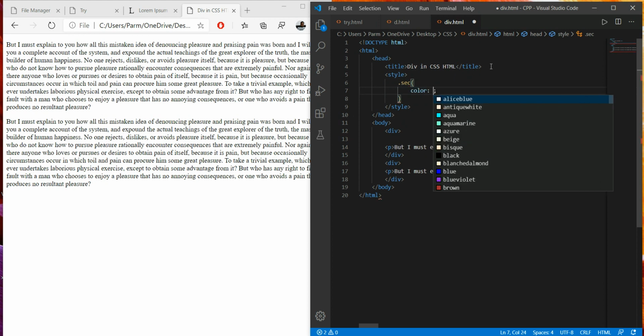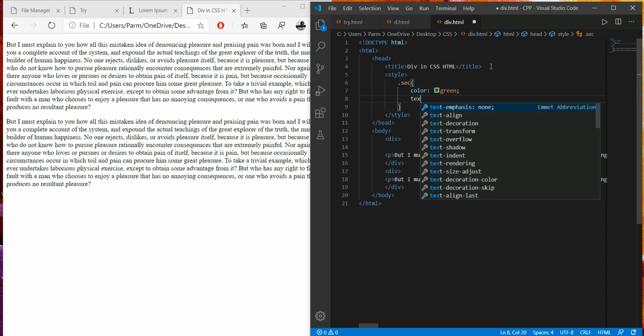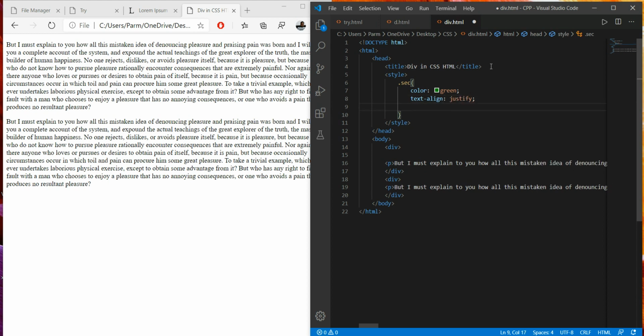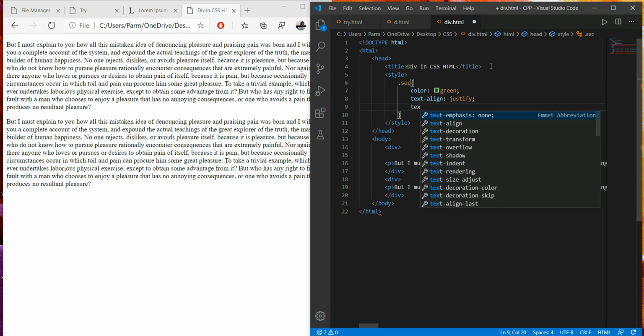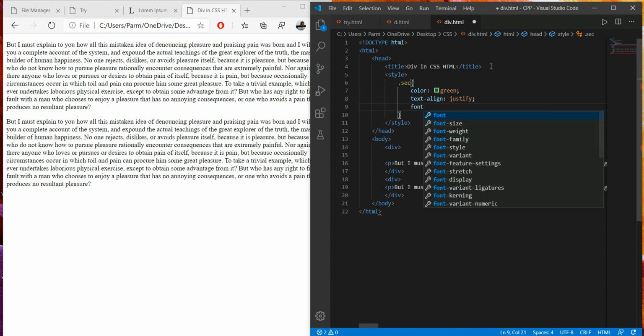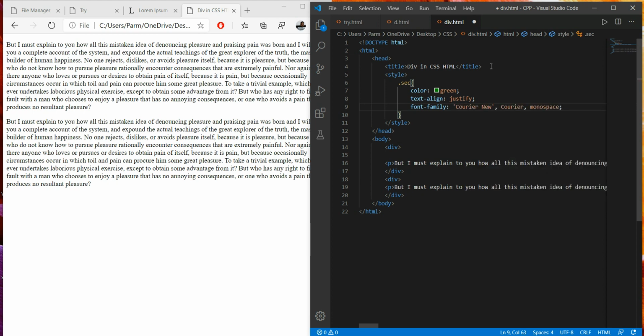Here I just wanted to make color green, and then write text-align. I just wanted to give it the value justified, and here I write font-family. Say I choose here Courier New family. Save this. Now refresh this.